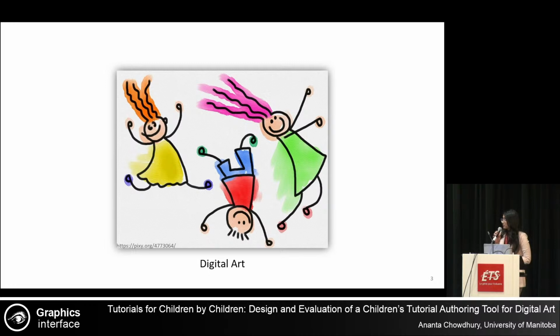And in this era of digitization, digital art tools can open up new opportunities for children to be creative and express themselves. And with digital art, children can explore new effects and neat features which might not be possible with physical art. So there are many potential benefits of digital art, but